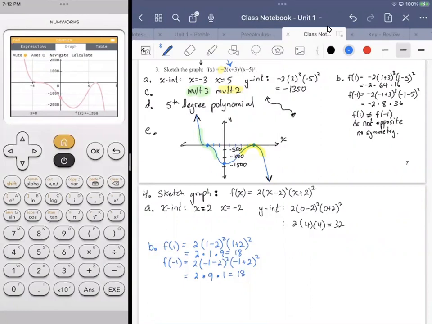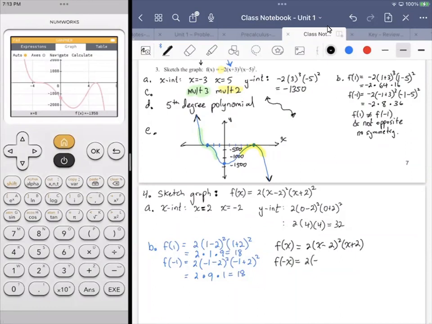The likelihood that you coincidentally get equality in your solutions for multiple test values is smaller and smaller the more test values you include. So you can just go that route. Or, like I said, you find f of x, which we already know is 2(x − 2)²(x + 2)². F of −x